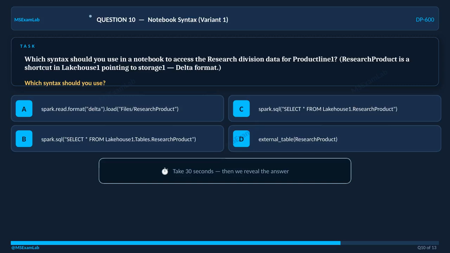Question 10 of 13. This is the first of 4 variations on notebook syntax for accessing the Research Product shortcut. The exam tests this concept from several angles, so let's work through each one. Task: which syntax should you use in a notebook to access the Research Division data for product line 1? Option A,